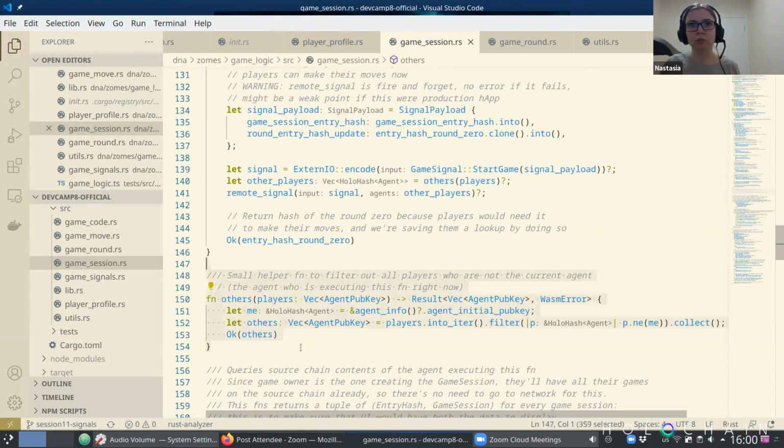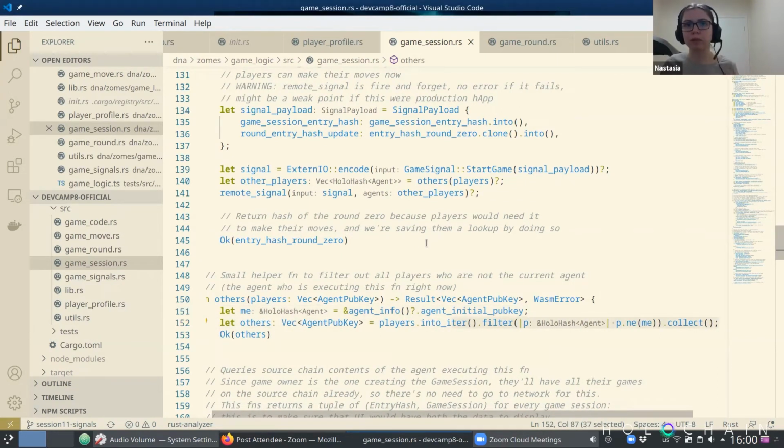This is this function. It's very, very small and simple. What we do here, we receive a vector of pub keys for all the players in the game. Then we get the pub key of the current agent, meaning the agent who is executing this function right now on the Holochain conductor. And then we just filter out